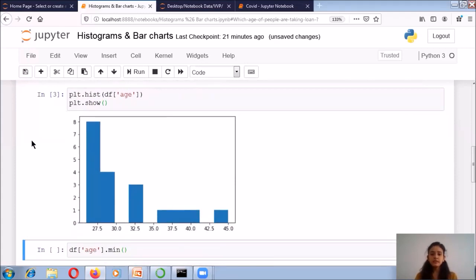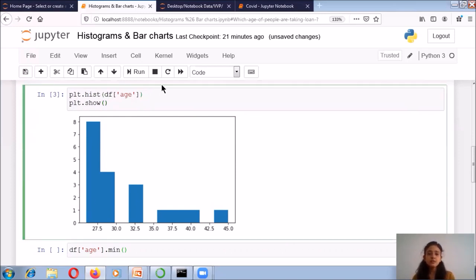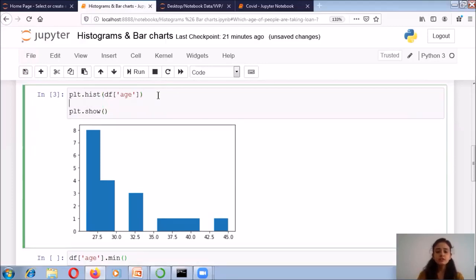You can see over here, this is my histogram. On the x-axis it shows the ages, and on the y-axis there will always be the frequency. Over here the x label and y label are not given, so let's write the x label and y label. For that you have to write plt.xlabel.